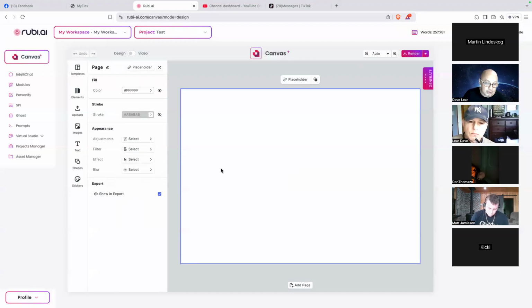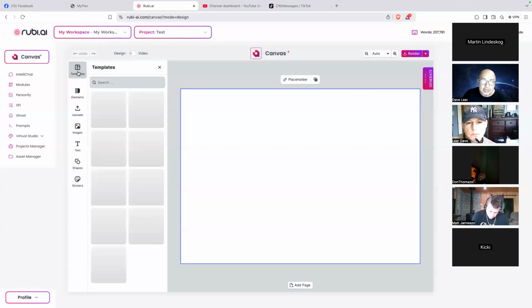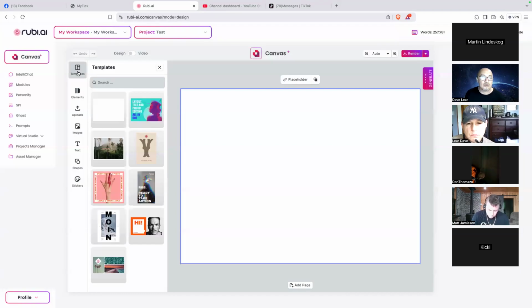So this is how it looks. This is where you will find everything you need if you want to get some templates. Let's say you want to create a poster, a Facebook post. There are templates here.